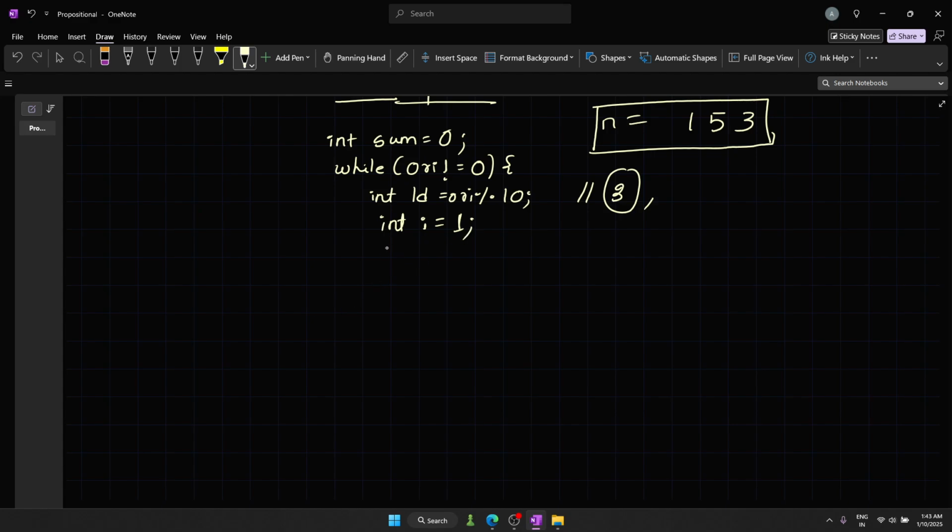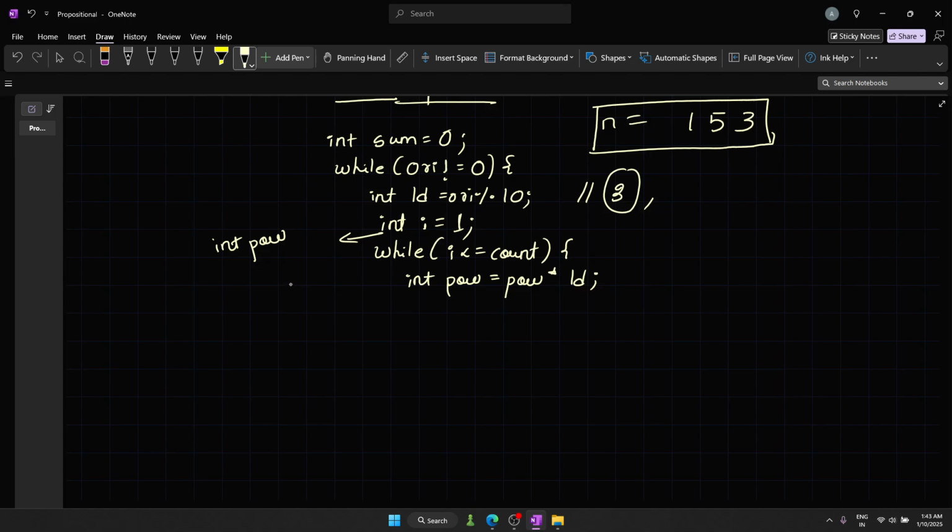Now what I will do, I will declare a variable i, that is the iterative variable, and create a while loop which will run count times: i is smaller than or equal to count, which will run for count times, and int power is equal to power into ld. So here I should actually create another variable int power inside the loop, because it should reset